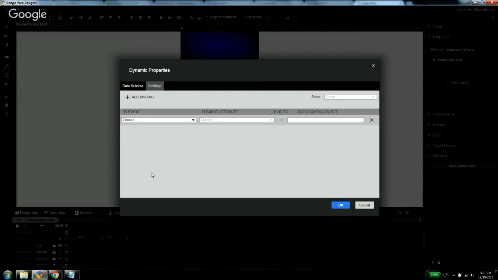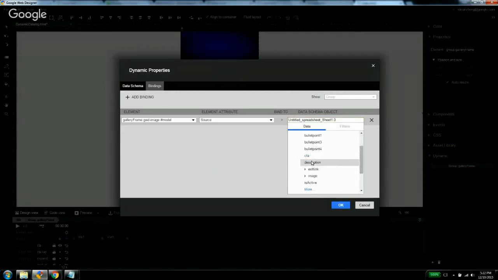Now, what is data binding? This is the place where we bind an element's property or an element's attribute, for instance, an image source attribute, to some key path within the dynamic data. So, in other words, we are binding the source attribute to some column within the dynamic feed, right? So let's do that. Let's start with the model or the image, and then I pick the source attribute of this image, right? So image has different attributes. I'm going to pick the source. I'm going to bind that to